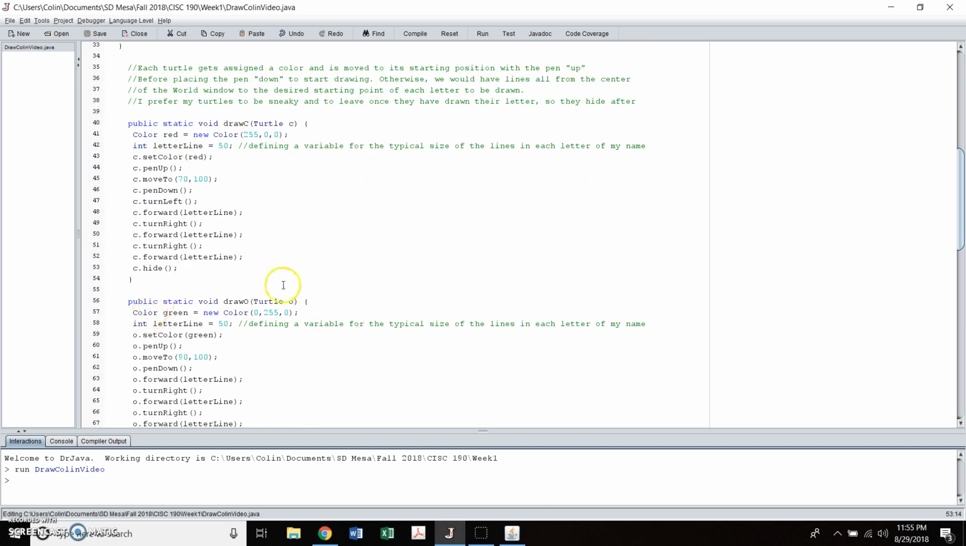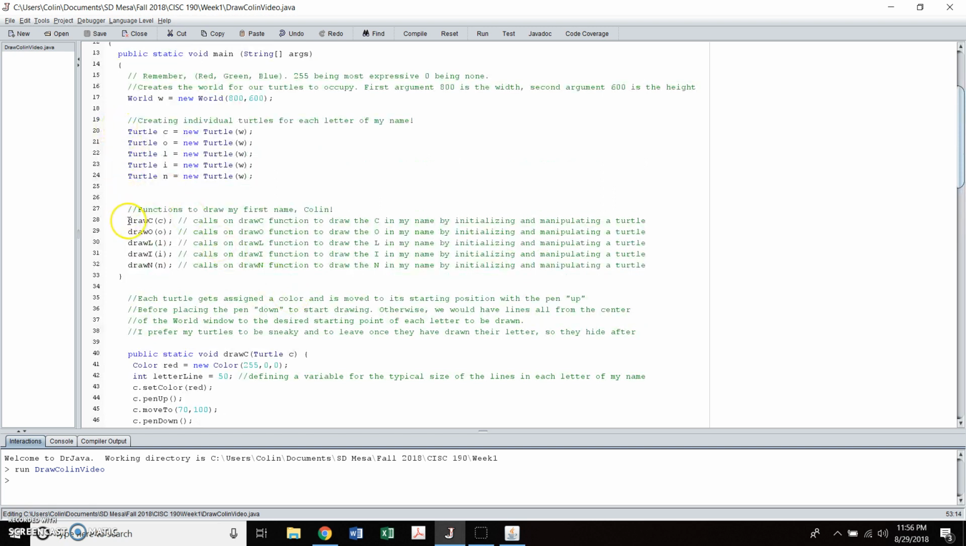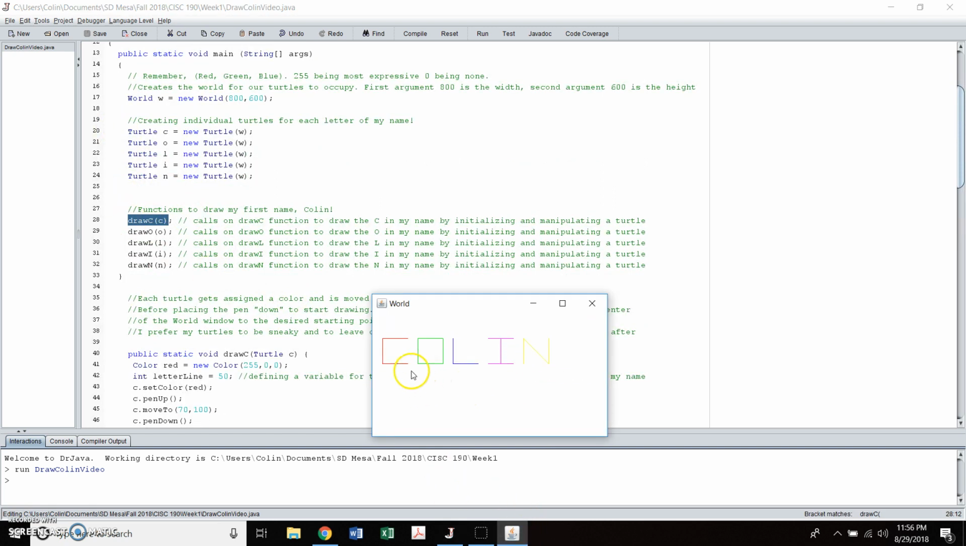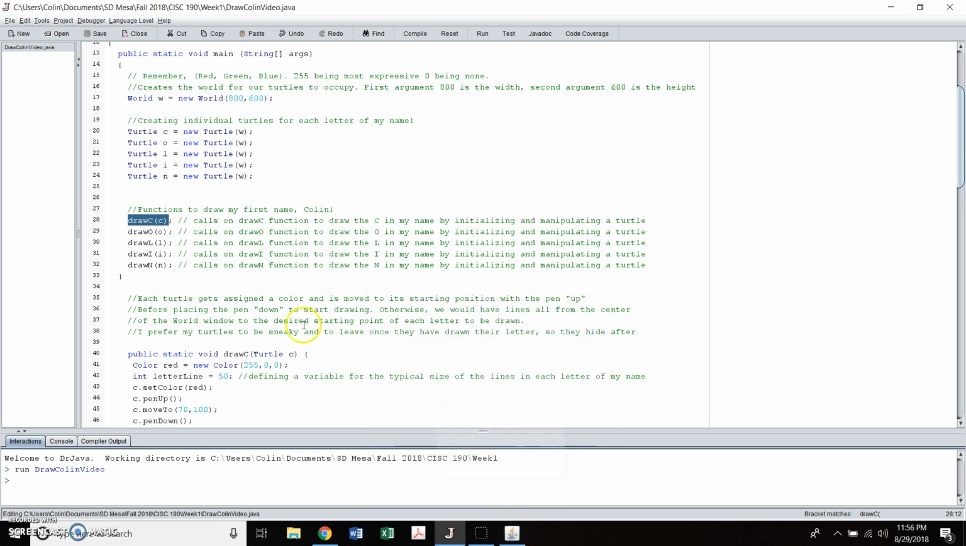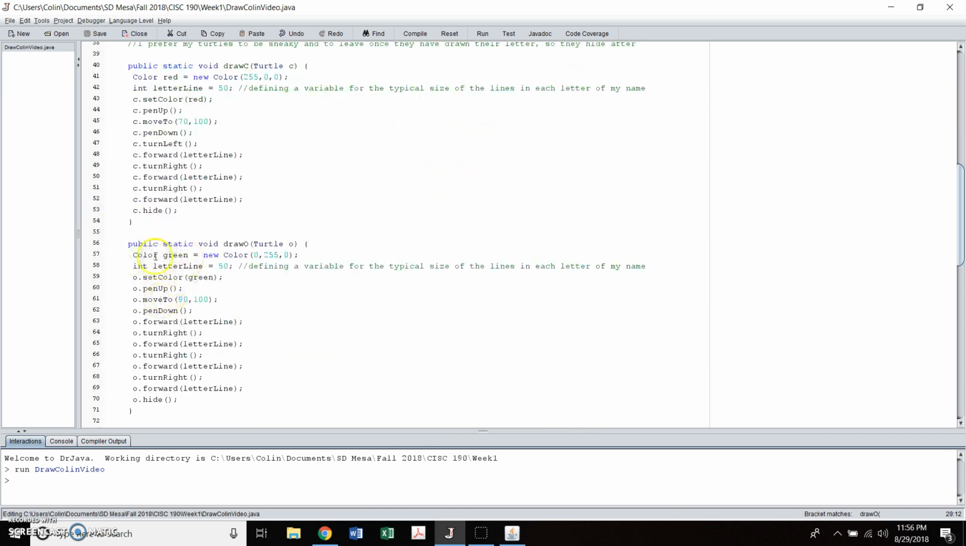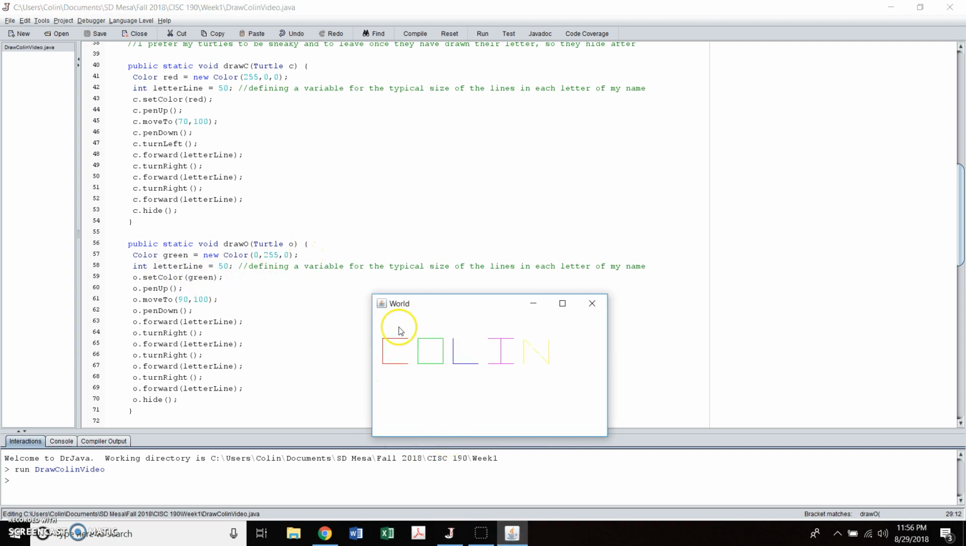So, the first function that executed was drawC, so it drew this nice little red C over here. Now I want to draw this green O. So I call upon the drawO function. DrawO does the exact same thing. I set a color, making it all green values, which shows up as green. Define the integer letterLine, so I know how long each side of my O will be. Move the pen up, because once again, I don't want a line from where my turtle starts in the middle of the screen moving to where I want to start drawing my